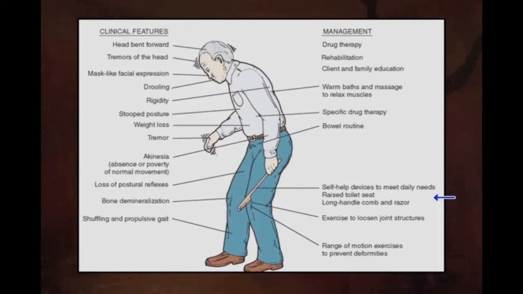In addition to that, since there is rigidity and bone demineralization, which may result in further problems with relation to rigidity and tremors, exercise to loosen the joint structures may be of some help, and range of motion exercises to prevent deformities can be of some help. Put together, all this management support may help the individual and his family in managing his situation a little better. And studies have shown that early therapy in the non-motor stage itself can delay the onset of motor symptoms, thereby extending the quality of life of the patient so that he doesn't become too dependent upon others, which may result in a variety of psychological problems as well.